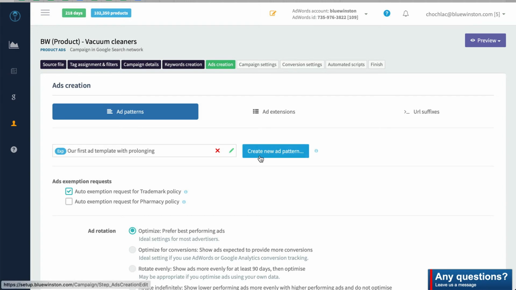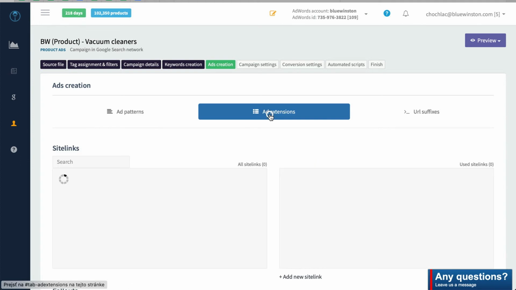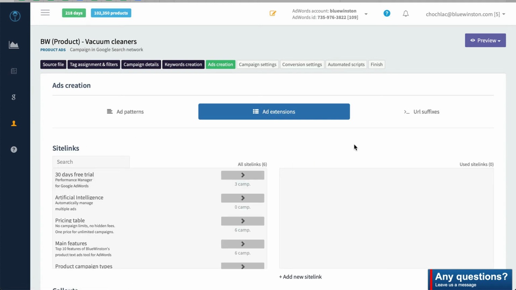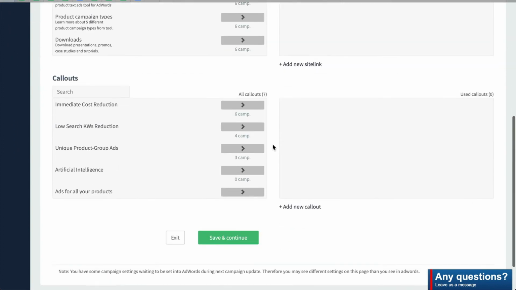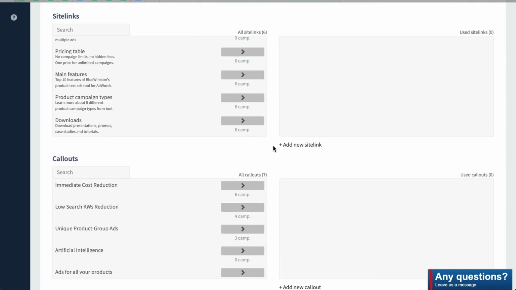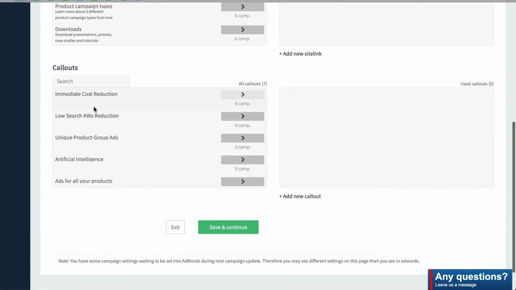So definitely you should go for creating a second and third ad pattern for your products. What we got here next is a subtab called ad extensions. You can create the sitelinks or match your previously created sitelinks from your AdWords account to this campaign on the campaign level, and also create here or match your previously created callouts from your